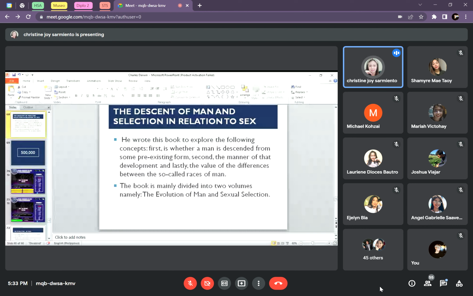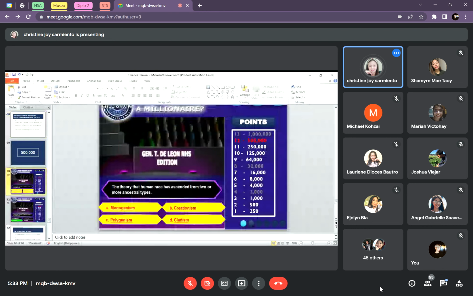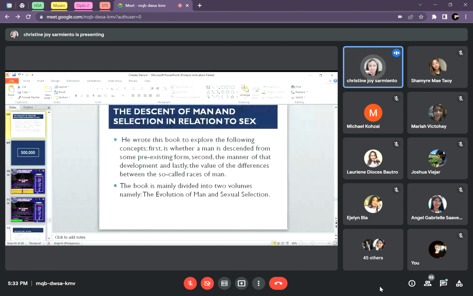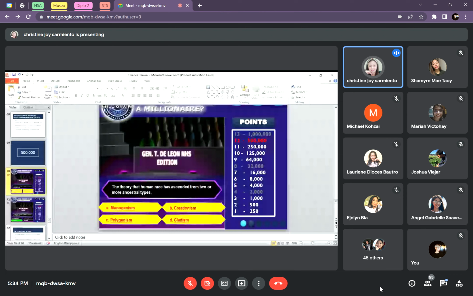Tapos the theory that human races ascended from two or more ancestral types, so ang sagot po dyan ay polygenism. So ito yung class, kasama din po dun sa librong yun, bukod doon sa idea na human species and great African apes may share a common ancestor. Another thing na in-emphasize din ni Charles Darwin in this book is yung value of the differences between the so-called races of man, o yung tinatawag nga po niyang polygenism. Okay, polygenism is basically yung